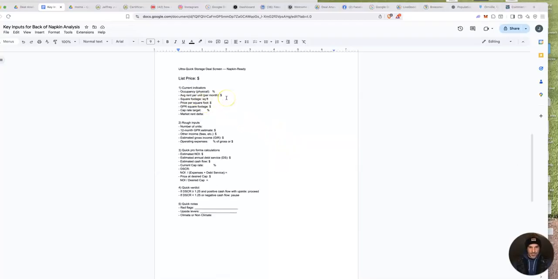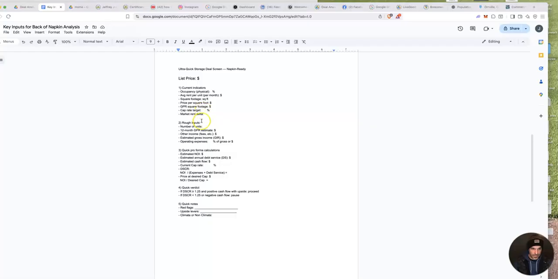It's again the occupancy, and then we're trying to figure out how much revenue is being generated. You could do that a couple of different ways. If we've got the square footage and the price per square foot that's being charged, we can come up with your gross potential rent that way. You could also look at a rent roll, gather that information, and figure it out as well. But we're going to need those inputs to figure out what the gross potential rent could be. So square footage,